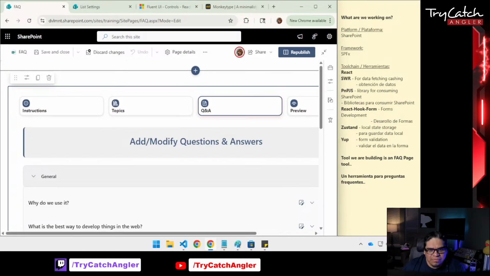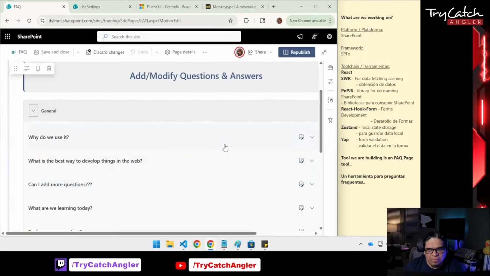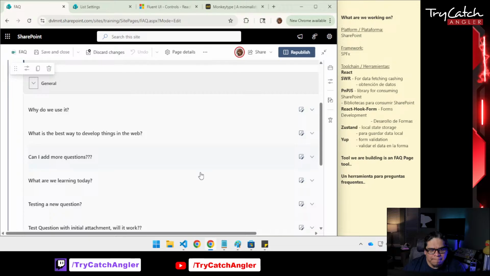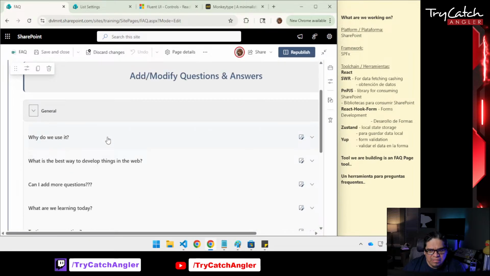Today we're going to be continuing on with the FAQ page tool. One of the things that we're going to look at today is how to manipulate and change the order in which the questions are found. The order we're going to work on is how we order